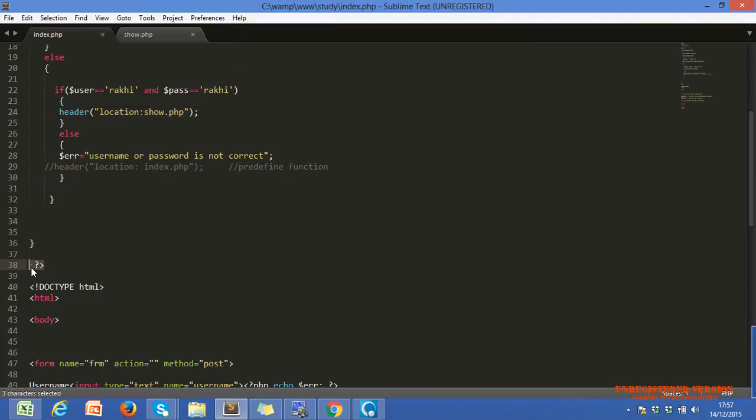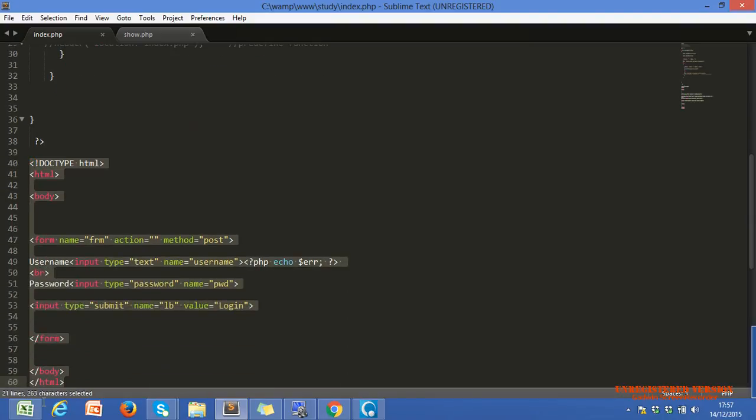So the compiler reaches the end of the PHP tag, and now executes the HTML coding. In the HTML, every time we get two text boxes and a button, and within this code we echo our $err.